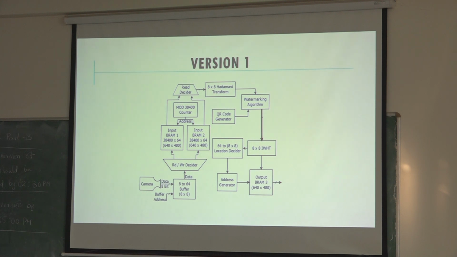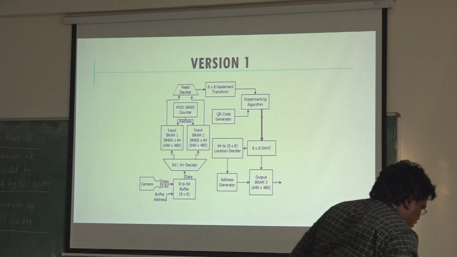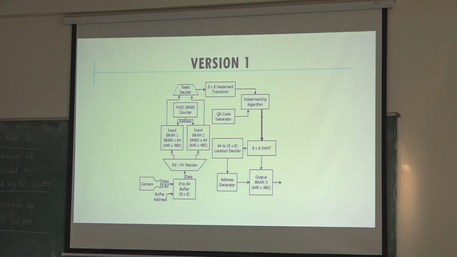That means we fixed it: 64 points will be the better one to process for better quality. So to do that 64, we need to give all 64 pixels at a time. If you want to give all 64 pixels, one buffer is required for the 64 bit. So the master counter has to count 64, 64, 64 like that.